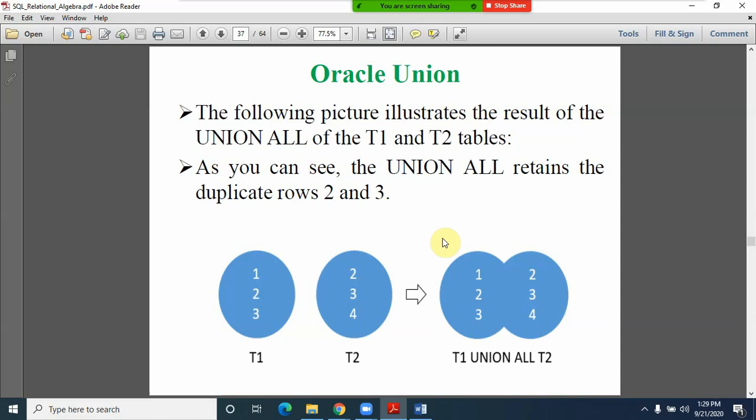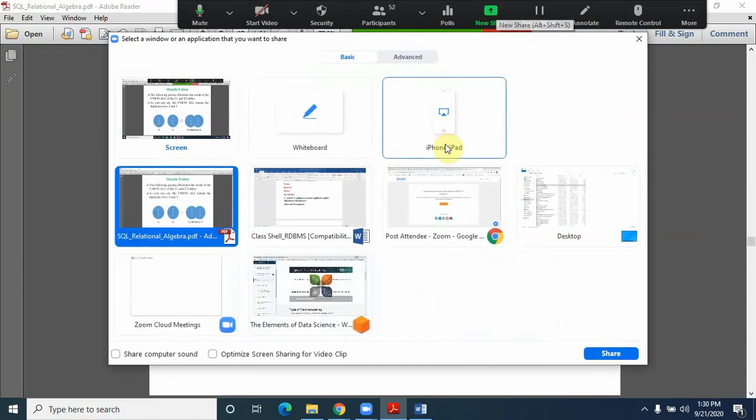And the following picture illustrates the result of union all. One of the important aspects, friends, is that union all gets everything together, even though the repetitions are there, the repetitions also come as outcome. There are certain situations, friends, where suppose two members from both the tables have the qualification of PhD, and they have greater than 5 years of experience, they need to get double benefits, because there is a revision process, for example. So in the Amazon project, for example, an Amazon machine learning project, they have put some clause, friends.